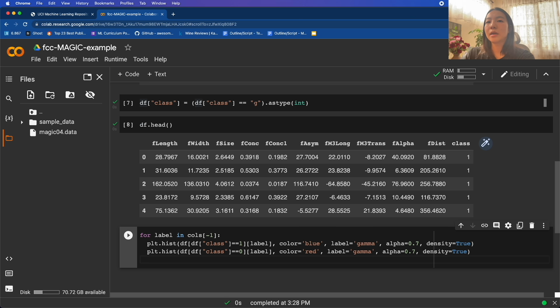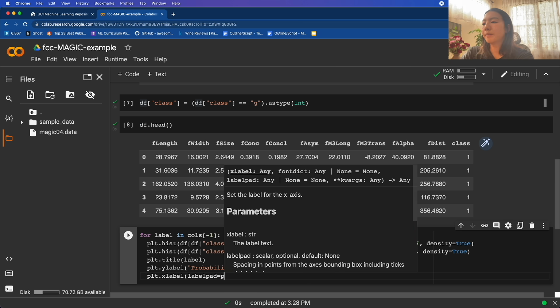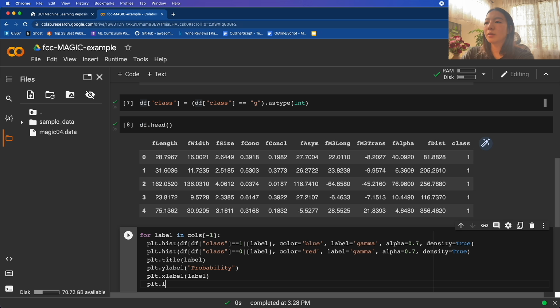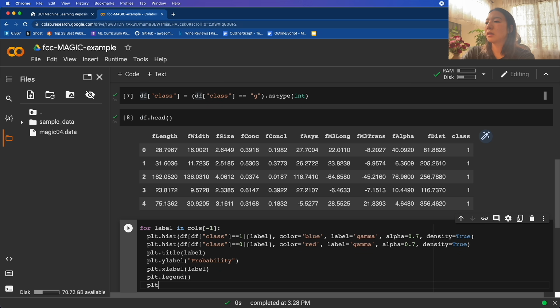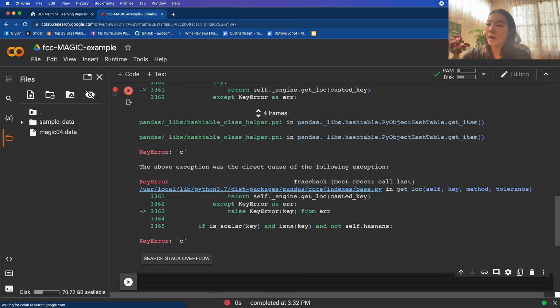All right, and then I'm just going to put a title on here and make that the label, the Y label. Because it's density, the Y label is probability. And the X label is just going to be the label. I'm going to include a legend, and plt.show just means, okay, display the plot. So if I run that,